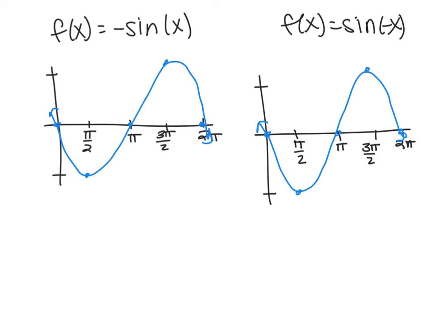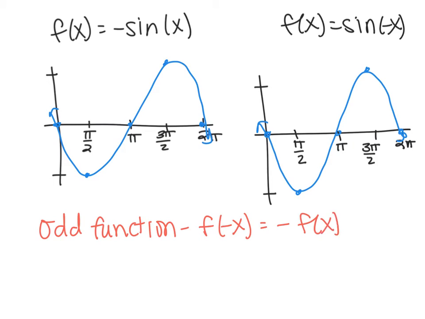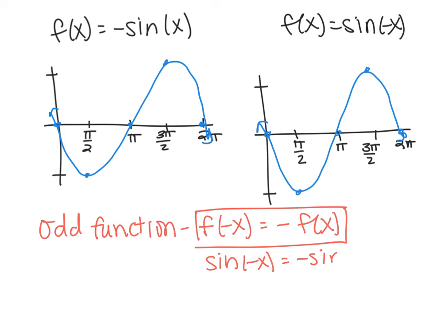So notice, it doesn't matter whether the negative is on the inside or the outside. Again, this takes us back to the fact that sine is an odd function. So it means that f of negative x is the same as having a negative on the outside. So what this means in terms of sine is that sine of negative x is the same as negative sine